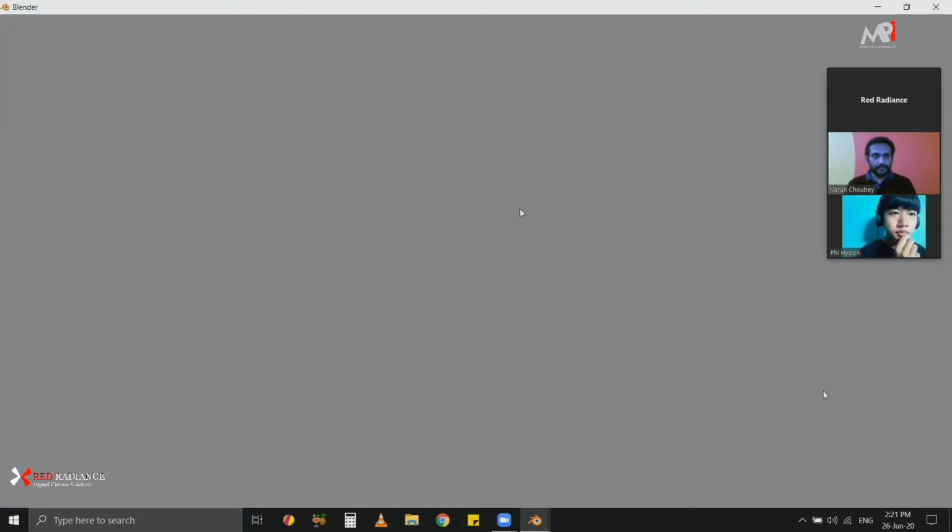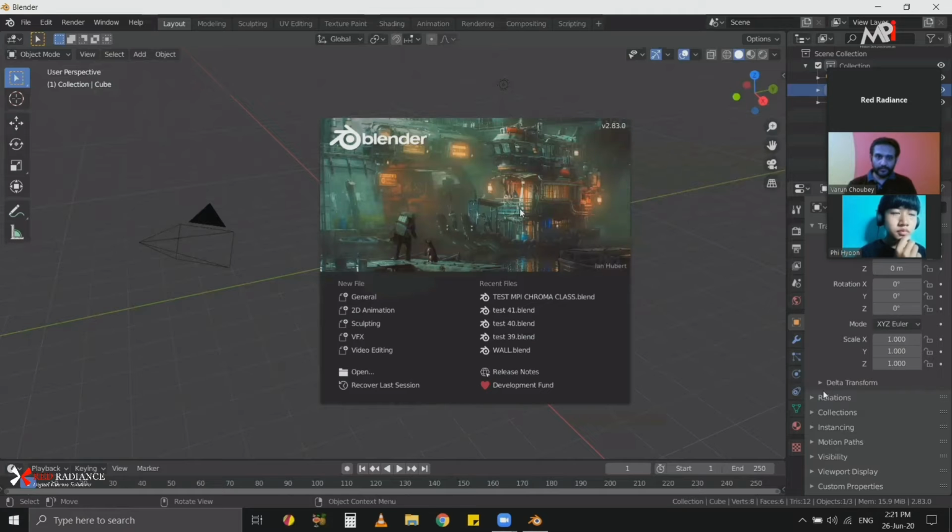So I've just launched Blender. This is version 2.83. You can download it from blender.org. And like Resolve, we were working on the free version of Resolve. Blender is entirely free. Blender is also free software. So the moment we launch Blender, we get this welcome window. I just click on General,